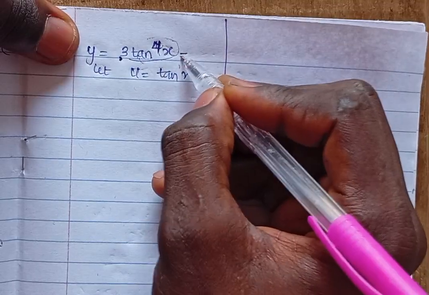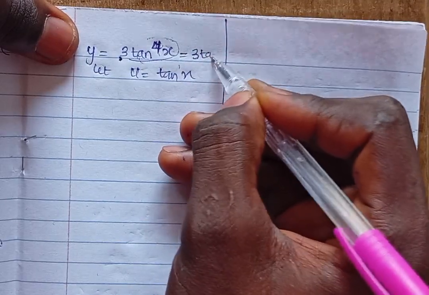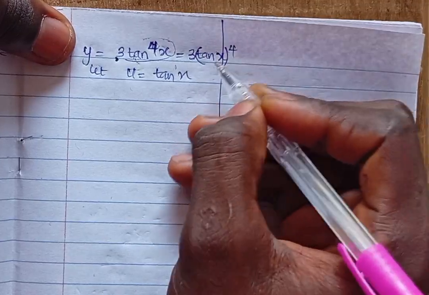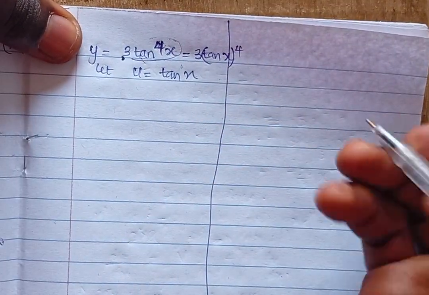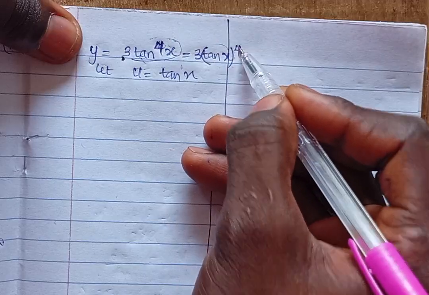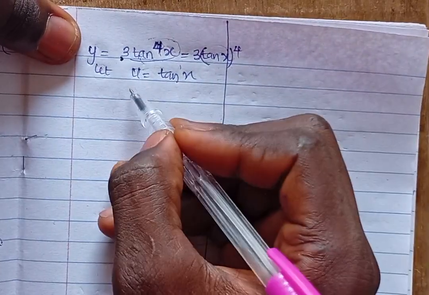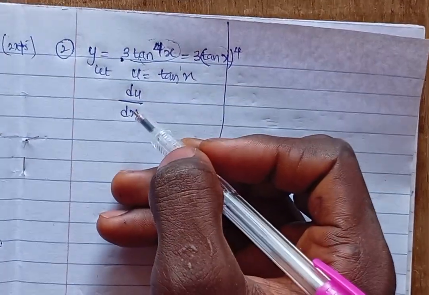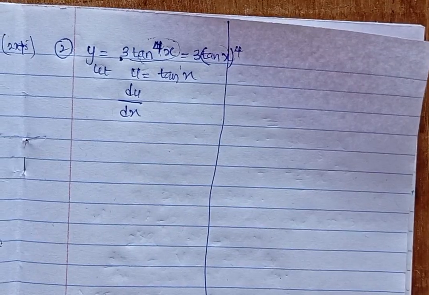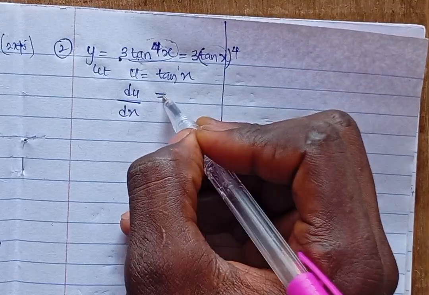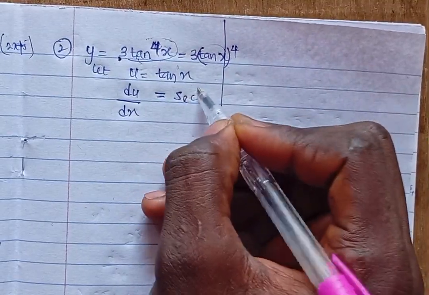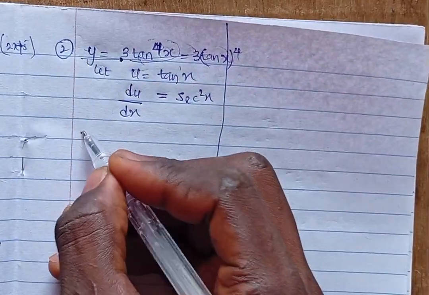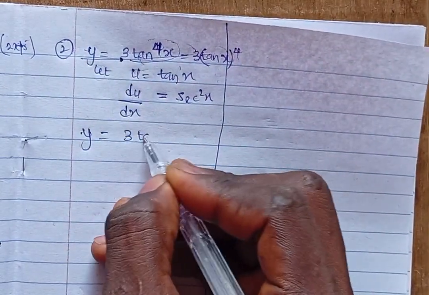Because I can always express this one as 3 tan x raised to power 4. So I can say the inner one is equal to tan x. You should know that du/dx of tan x will give us sec square x. Now go back to your original question, which says y is equal to 3 tan x